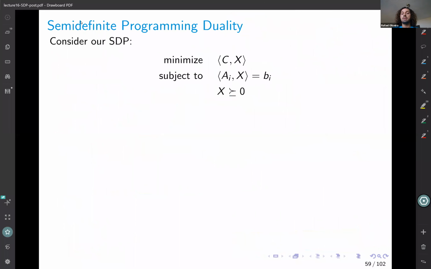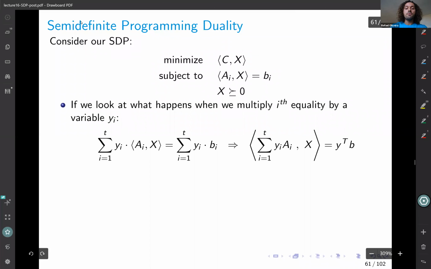So let's look at our SDP and let's do the same thing that we did for linear programming to try to find a lower bound on this optimum, right? So if we look at what happens when we multiply the ith equality constraint by a free variable yi, we get that yi times aix is equal to yi times b, right? So this guy is equal to this guy. So the sum on the left is equal to the sum on the right because they're equal term by term. And now, since this is a linear inner product,